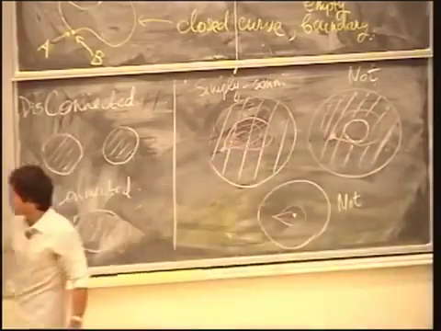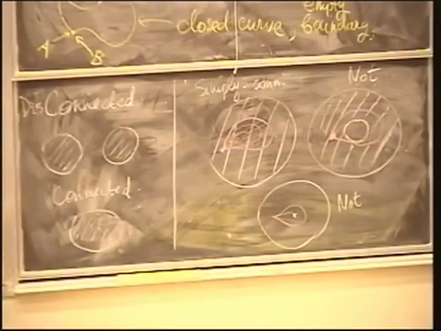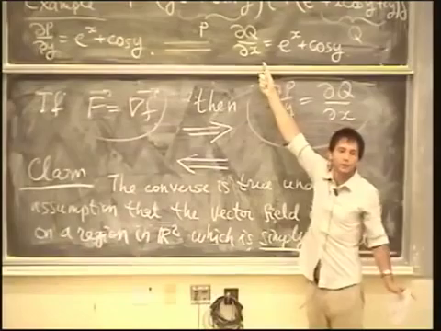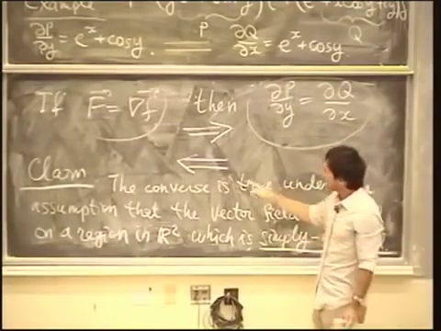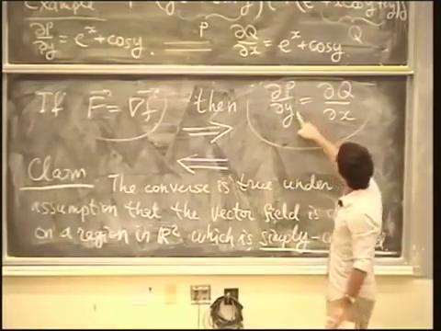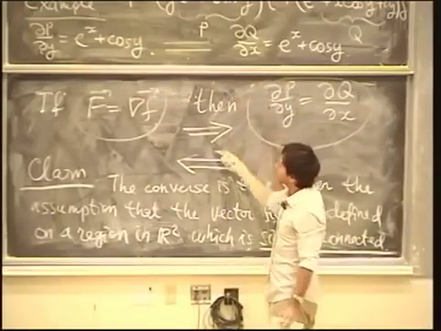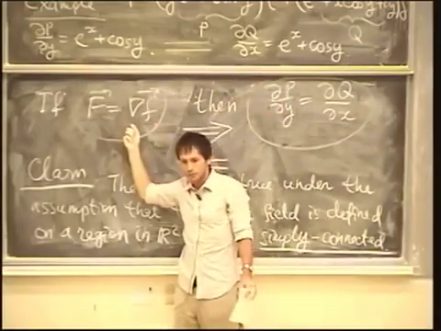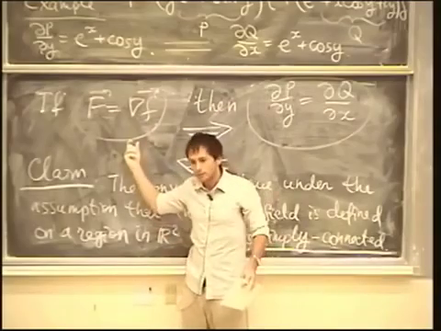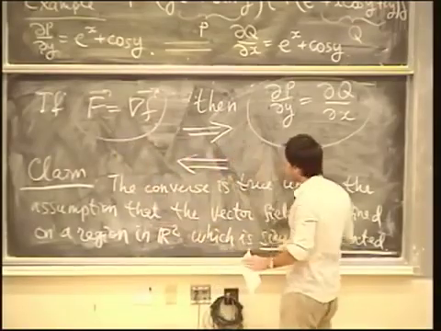Okay. Let us assume, though, that our vector field is defined on a simply connected domain. For example, this vector field is, because it's defined on the entire plane, and the plane for sure is simply connected. Then I claim that actually the converse statement is true, which means that if you know that dp dy is equal to dq dx, which is what we actually found to be the case for our vector field, then there exists a function f so that our vector field is a gradient of that f. So now the only question that remains is how do we find this f, right? And that's done by a very simple algorithm,